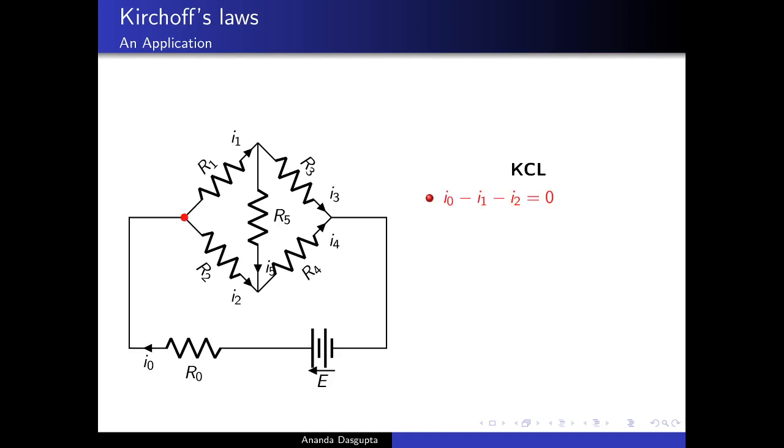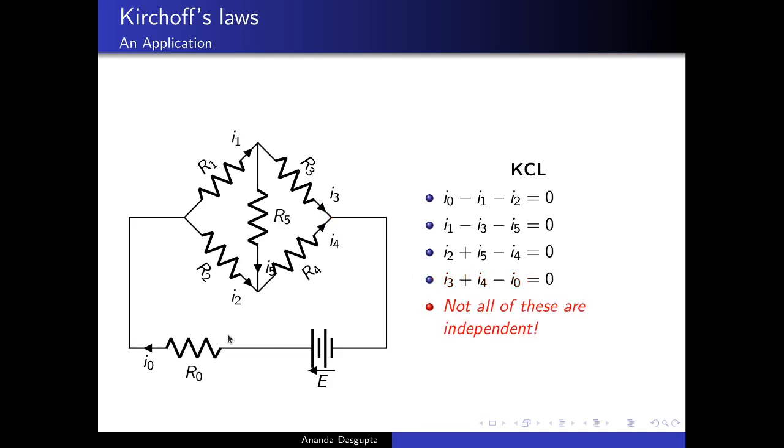So, first, this node, I0 is going in from the arrow, I1, I2 are going out. So, of course, I0 minus I1 minus I2 equals 0. Let's move on to the next node. I1 going in, I3, I5 going out, I1 minus I3 minus I5 equals 0. This node, I2, I5 going in, I4 going out, I2 plus I5 minus I4 equals 0. And I can keep on going. This node, I3 plus I4 going in, I0 going out,